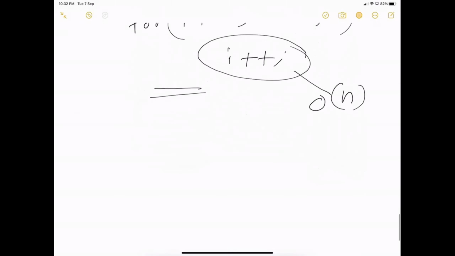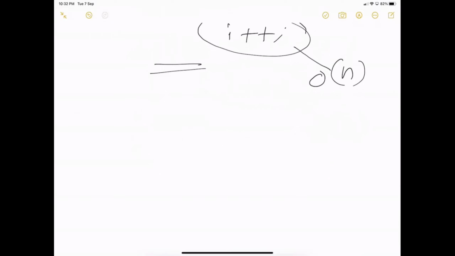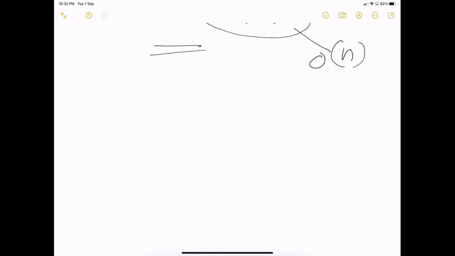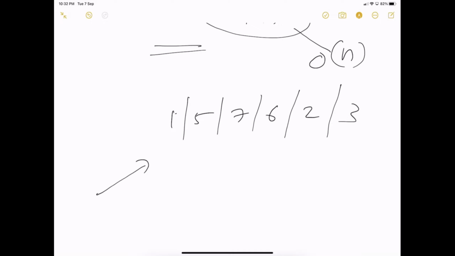Let me explain the concept of worst case. Imagine that I have an array or list of numbers, say 1, 5, 7, 6, 2, 3. Here n equals 6.